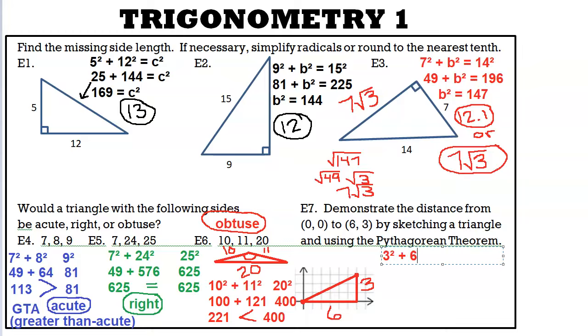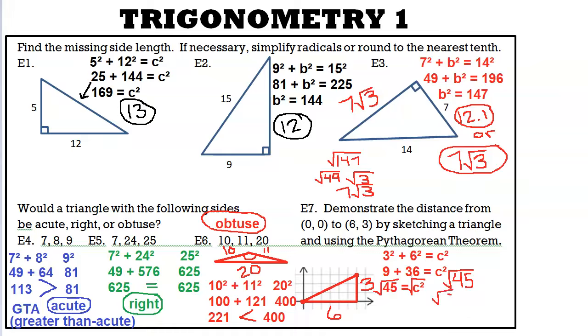So then you would do 3 squared plus 6 squared equals c squared. And you would end up getting 45. Now, from here, you have two options. You can either round to the nearest tenth, or you could simplify a radical. Because remember, if we want to actually solve for c, we would have to take the square root of both sides. Okay. So if you were to simplify the radical, if you were to take 45 and you were to simplify the radical,